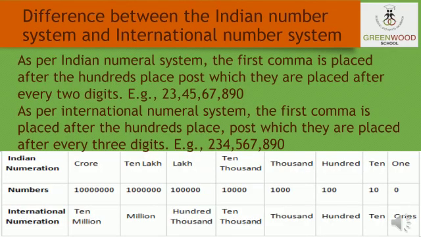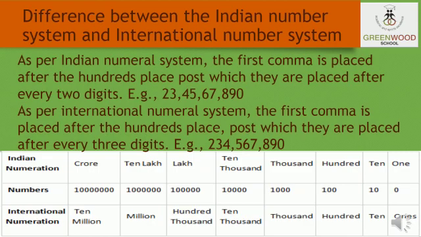The main difference between the Indian number system and international number system is the placement of the separators or commas. In the international numbering system, millions are written after thousands, while in the Indian system, lakhs are written after thousands. The Indian system is followed in India, Pakistan and Bangladesh. It is still called the Indian number system owing to its union during the British rule.